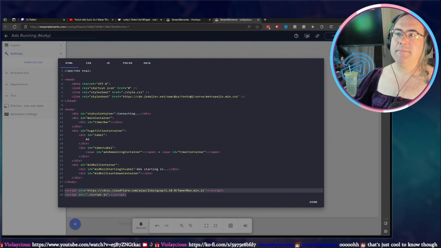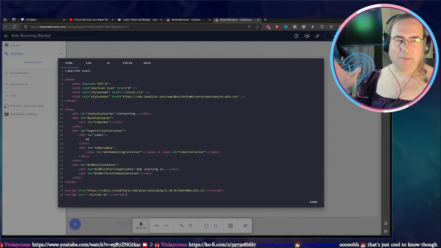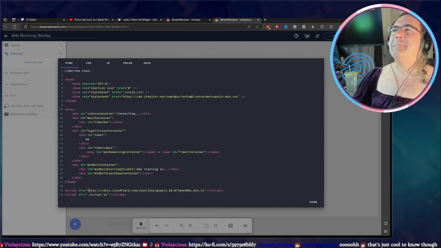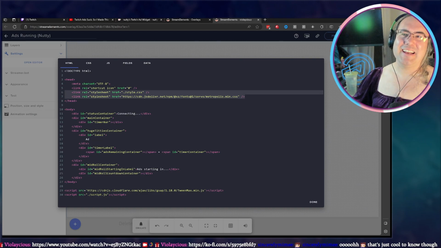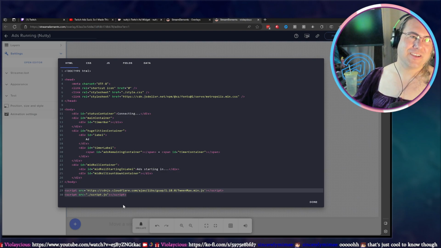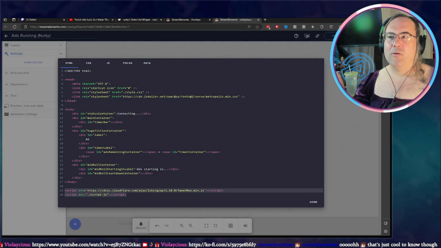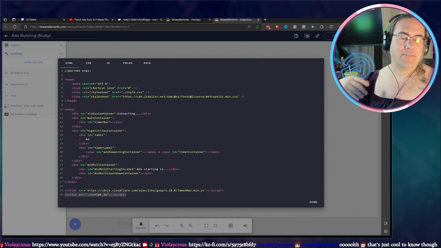A lot of times you'll see script also in the head. It's not a big deal where it is. It's kind of interesting putting it outside of the body, though. So these say load before you load the content, and these say load after you load the containers. So it's just what order to load things in, and that way when this script.js, which is this JS tab here, loads, it knows for sure that all of these objects already exist, and there's no possible way that this loads in while this is still being built by the computer.